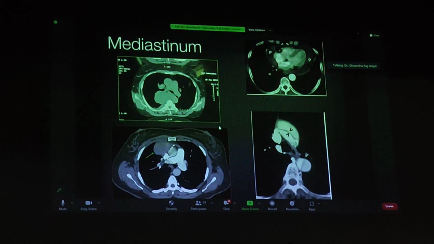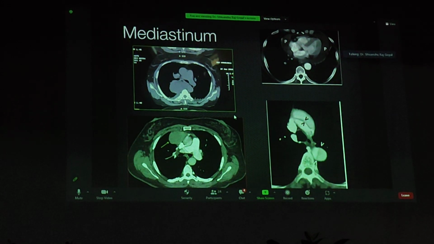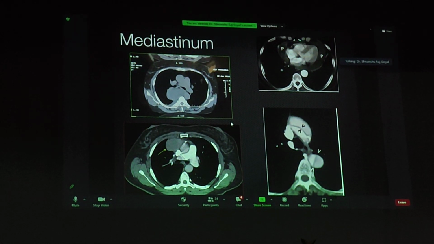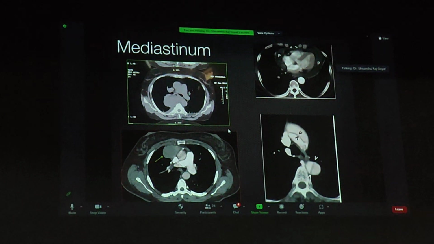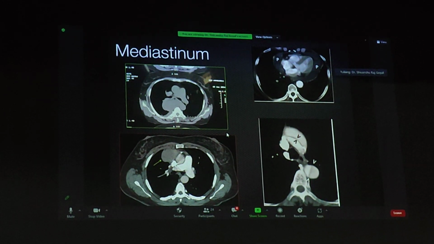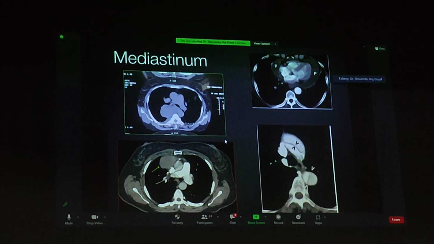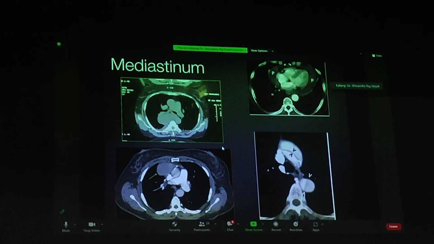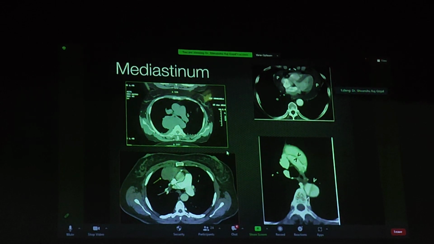In the mediastinum, you can see masses. For example, on the left upper screen, you see a large mass in the posterior mediastinum. It is a typical collection or a mass in the esophagus. Then you see an opacity in the anterior mediastinum. The anterior mediastinum opacity can have varied diagnoses, right from thymoma, teratoma, thyroid, a lot of differentials are possible. Lymphoma is a very, very common differential of an anterior mediastinal mass.